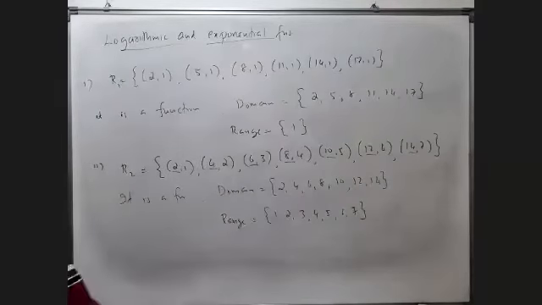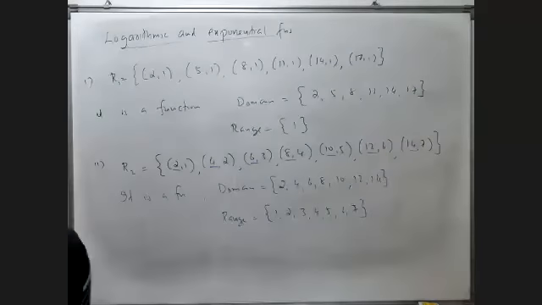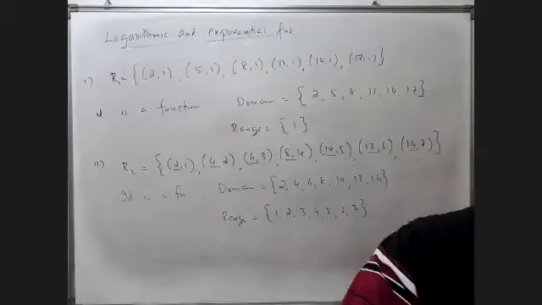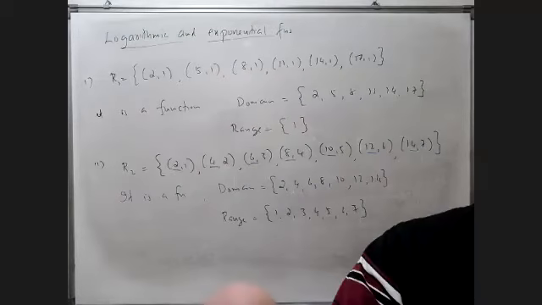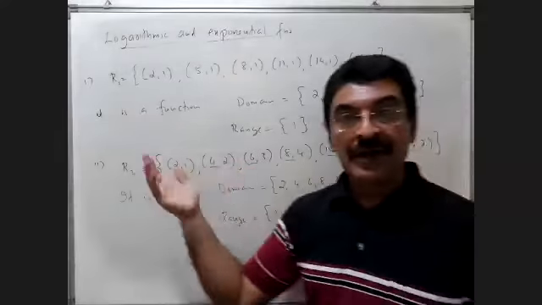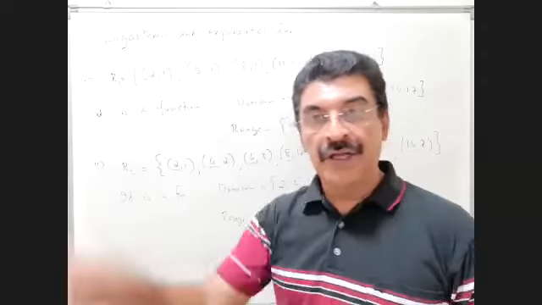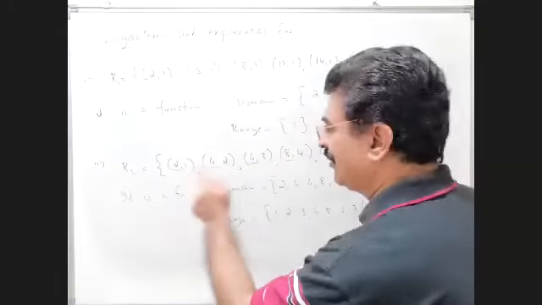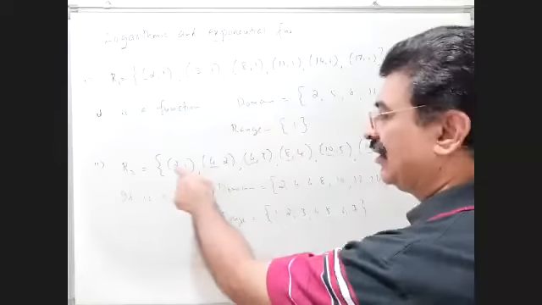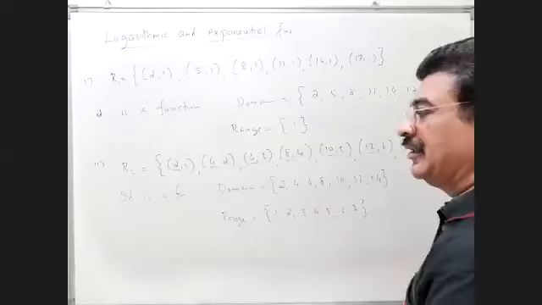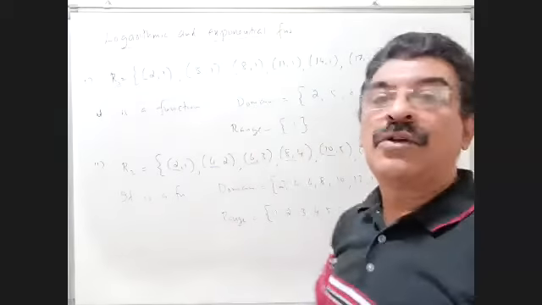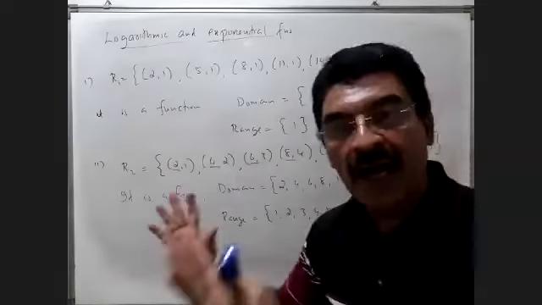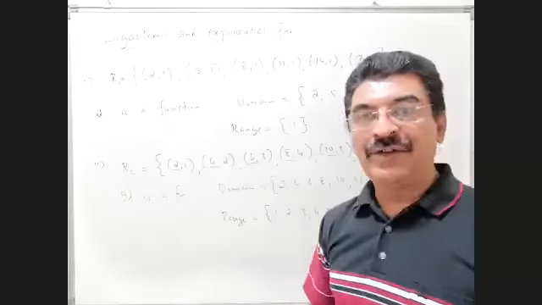See that this function is written in roster form. We know that a function can be written in roster form. Another one, in arrow diagram, we can also do. Arrow diagram, you know it. Even in set builder form. See, you can see some relation. In set builder form, what is the relation? x is equal to 2 times y, or y is equal to x by 2. You can see x is twice of y, or y is half of x.